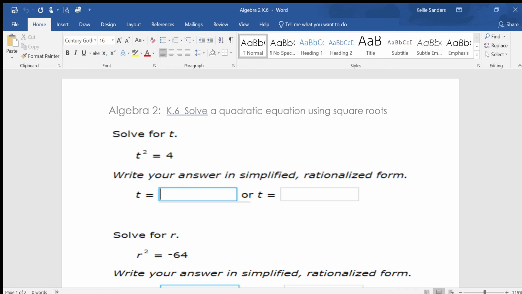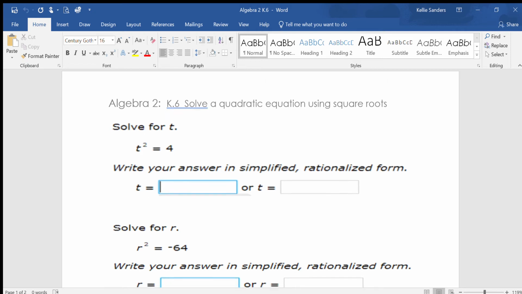Today we're going to do page 6, solve a quadratic equation using square roots. And so, solve for t. T squared equals 4. Write your answer in simplified rationalized form. I'll explain that better in just a little bit. But it's just,